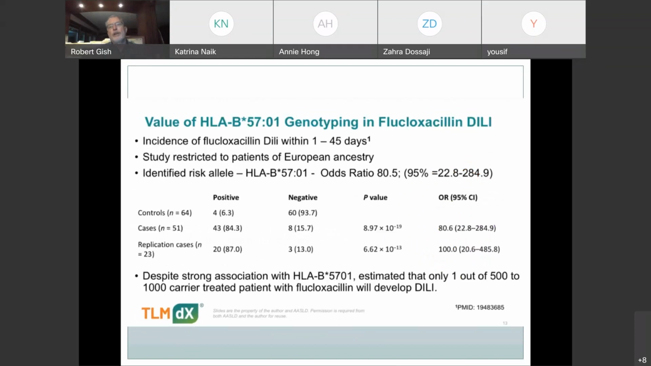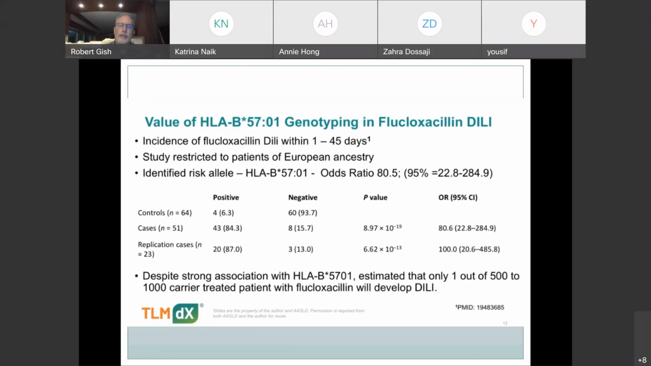Well, if you've got a patient you're thinking about giving flucloxacillin to, you can do an HLA and find out if they have this B5701, and that can identify that that patient's at high risk for flucloxacillin-induced liver toxicity. Now, it's pretty rare, but I think flucloxacillin is also a rarely used antibiotic. And is it worth doing HLA typing in the hundreds of dollars to find the 1 in 500 or 1 out of 1,000